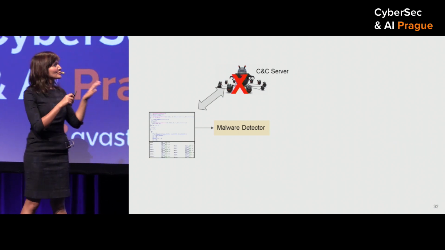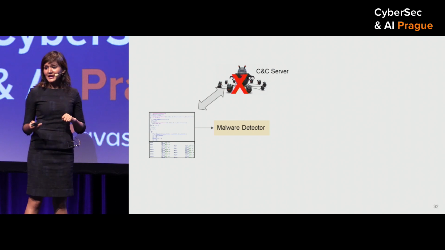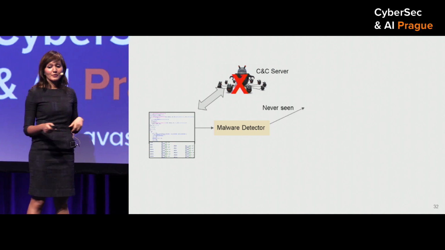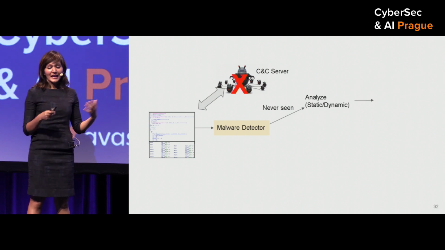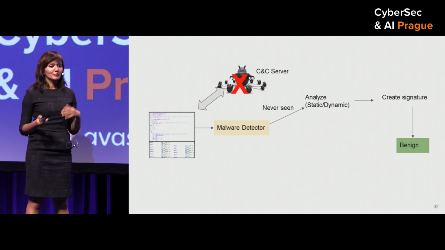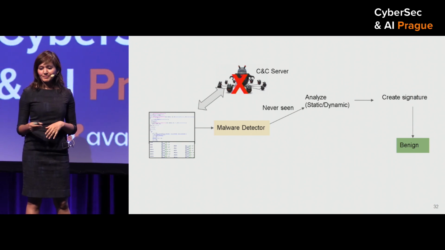Now, let's do our adversarial attack on this piece of malware. The signature has changed, so the malware detector does not have any signature to match. So it's going to do the analysis of this file and consider it as benign. And it will be correct, because this file is not malware anymore.